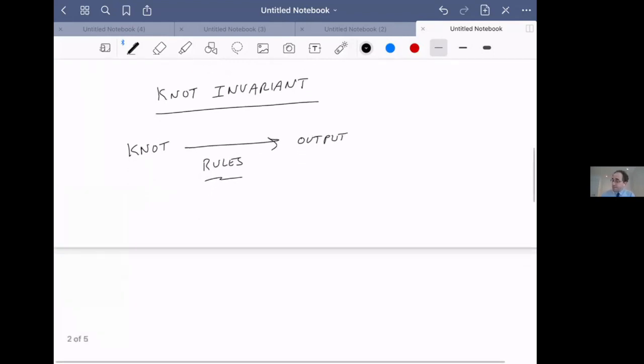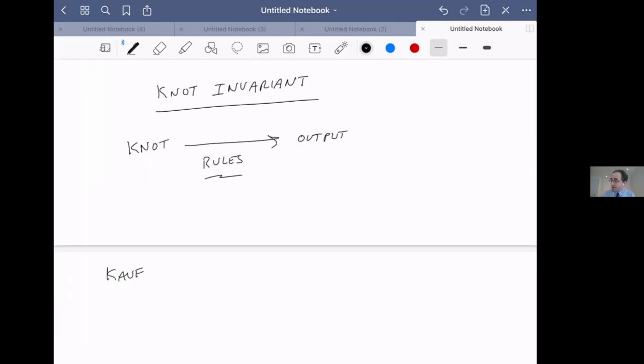So to show you how these knot invariants work, I'm going to define a particularly simple and particularly useful knot invariant, sometimes called the Kauffman bracket, Kauffman invariant or Kauffman bracket invariant. And the Kauffman bracket invariant is named after its inventor, who is actually Vaughan Jones. Jones, so that was actually a joke. It's not named after its inventor. Its inventor was Vaughan Jones, but it's named after Kauffman.